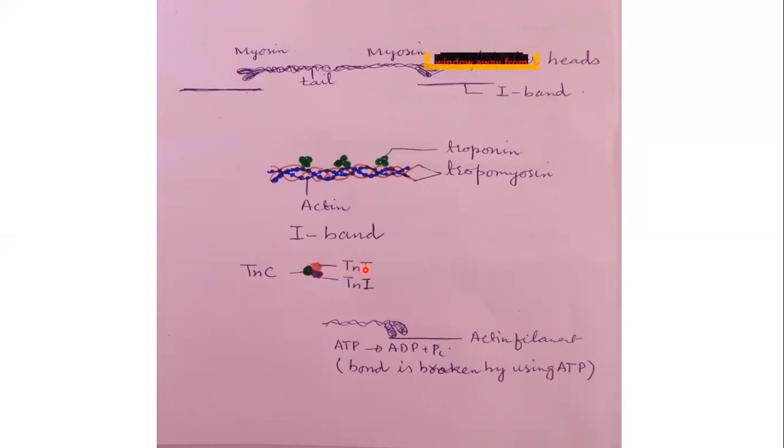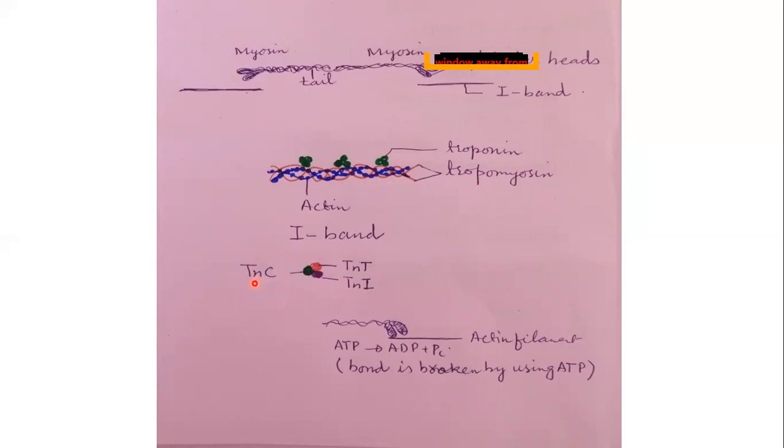One of its units binds with tropomyosin and attaches tropomyosin to what? To the actin filament. Its other subunit is called TnI, which is an inhibitory protein that doesn't expose the myosin binding site on the actin. That's why it is called what? Inhibitory protein. And it attaches to the actin filament. And TnC is the subunit which binds with what?